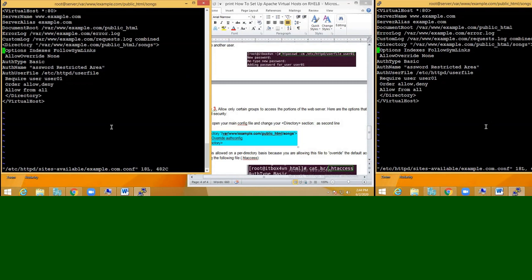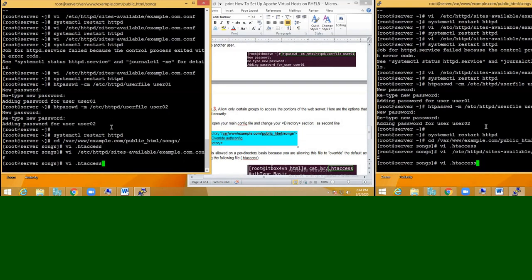Here I'll say AllowOverride AuthConfig. Now if you say AuthConfig, it will not take this script. It will omit the lines which are written below that. Instead, it will go to that particular .htaccess file and start accessing from there.